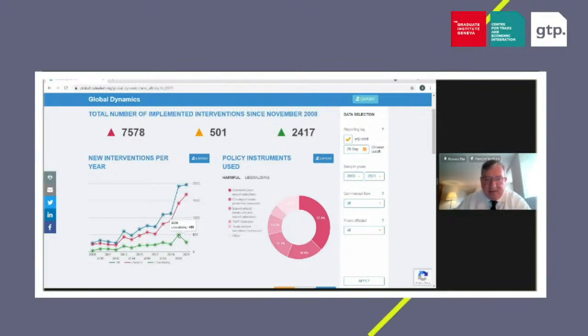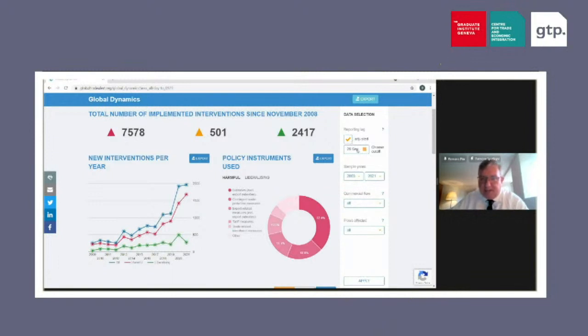2020 is unique for standing out, but as it has, you can see that there's just under 500 liberalizing policy interventions, which of course were all the tariff cuts on medical goods that we saw last year. And so in this manner, then you can correct for different lengths of reporting or reporting lags, and you can get a much clearer apples for apples comparison of the flow of new interventions over time. And of course, you can choose the cutoff date as you like. You will find that if you choose cutoff dates in the second half of the year, the results tend to be much more consistent and stable over time.